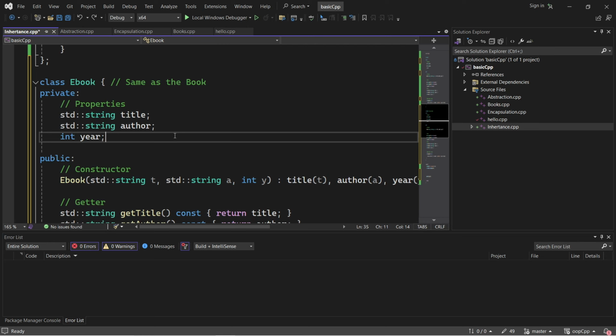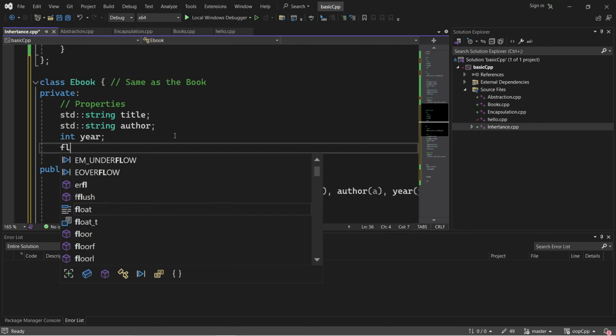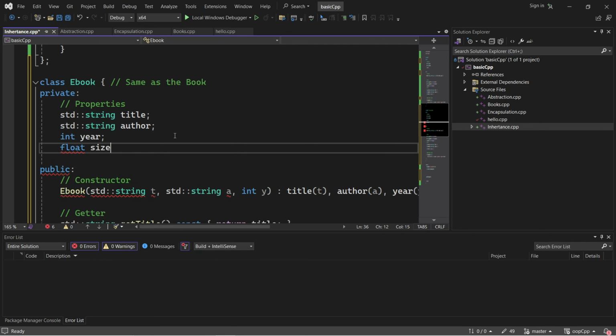but it has another property. It is the size, maybe 50 megabytes, but except for the size, it is the same as the Book. So in that instance, you don't have to type it again like me.